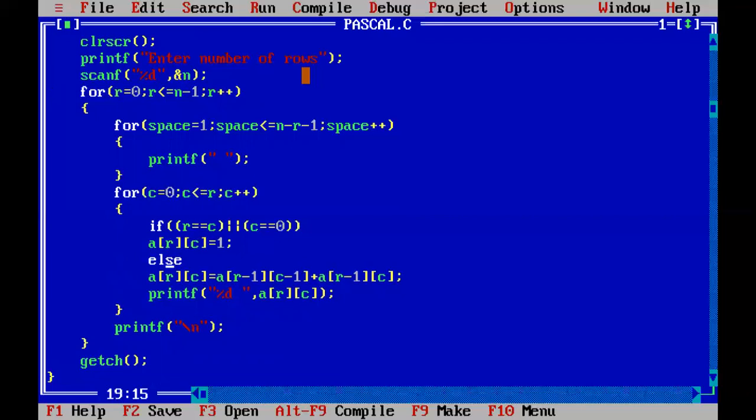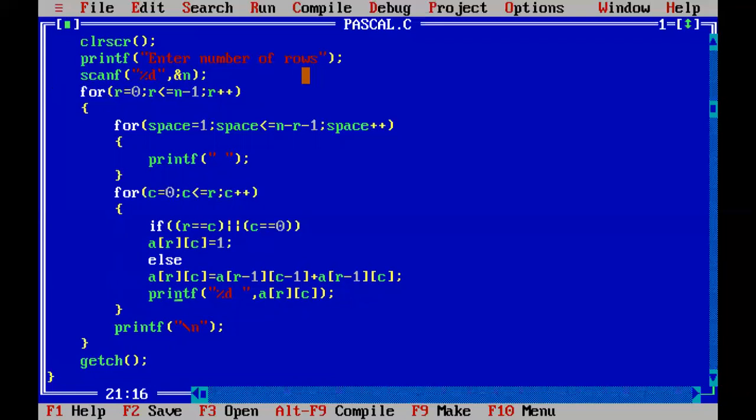Else, we are going to compute the value of the inner elements of each row. There we saw the general formula as A[r][c] is equal to A[r-1][c-1] plus A[r-1][c]. That is, we are taking two elements from the previous row, one with the column number c and another with column number c minus 1.